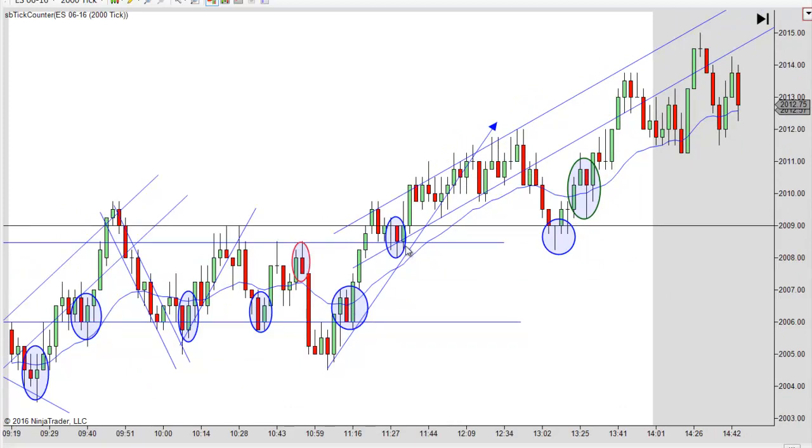And then you get your failed second entry short right here, and it's a form of a second entry long because you got a new high, pull back first entry, pull back second entry. It doesn't break higher right there, but on a smaller chart it would. It's another one of those hidden ones. If that doesn't make sense, do not worry about it. Forget I said it, because technically on this chart it's a first entry long. It's a little bit more advanced for some of the people that have been doing this a little longer.